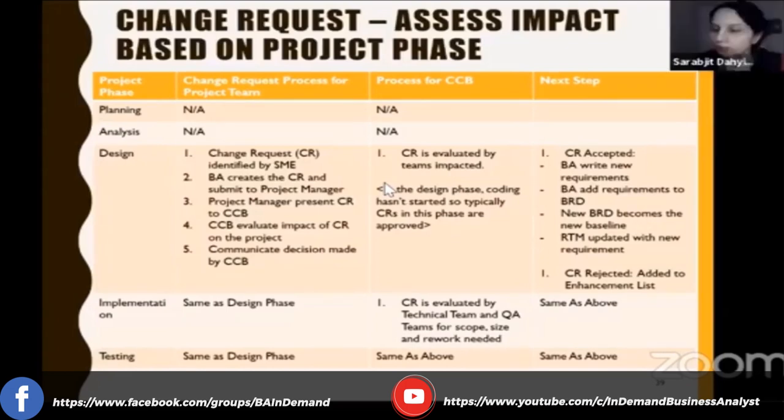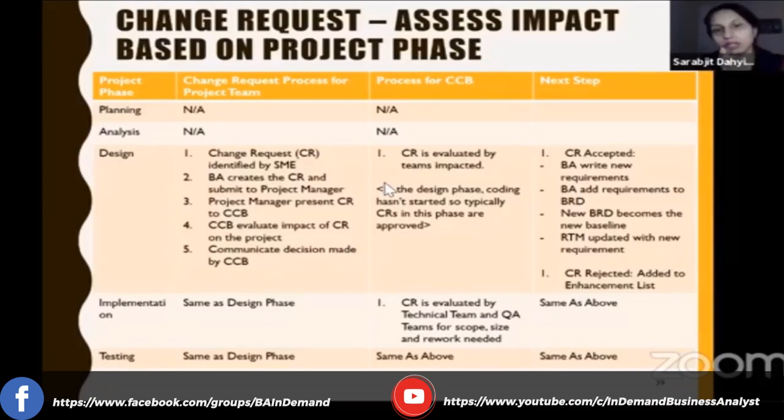So in the waterfall environment, the project manager and the BAs typically go out, have the relationships with the stakeholders, and gather requirements. In the agile environment, our product owner typically has those relationships with the stakeholders. The scrum master may help in gathering those requirements, but typically the product owner is interfacing with the stakeholders and is responsible for identifying the end-to-end